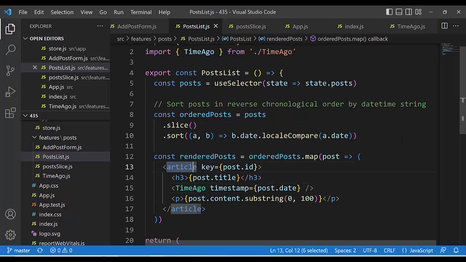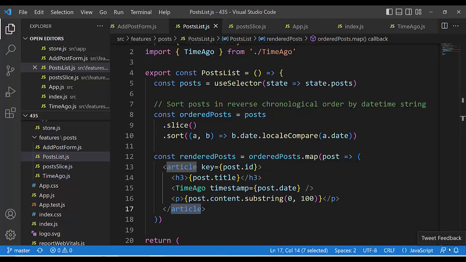Article is an HTML element. H3 is an HTML element, and time ago is a React element. After that, paragraph is an HTML element. Close article, close